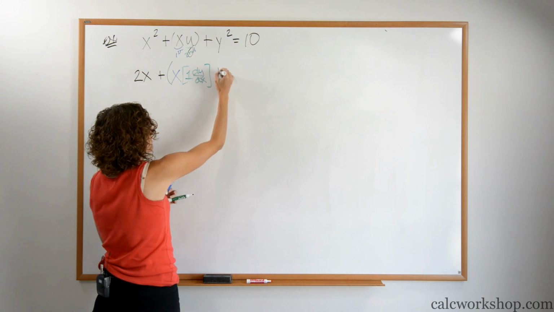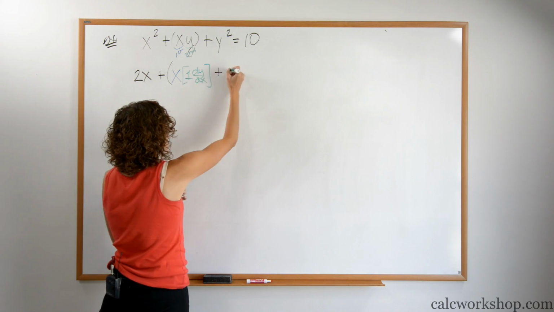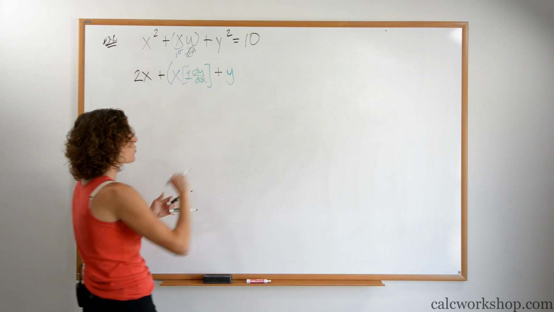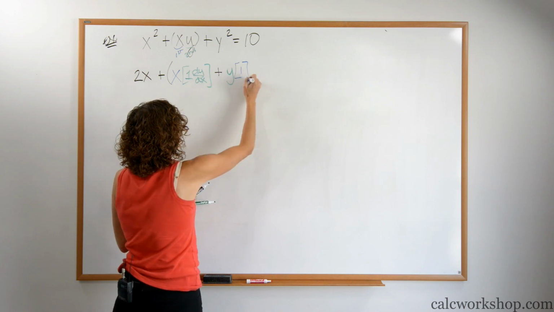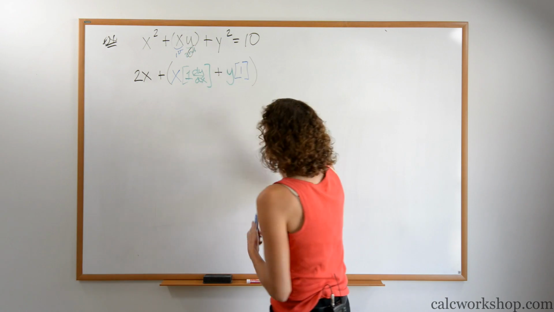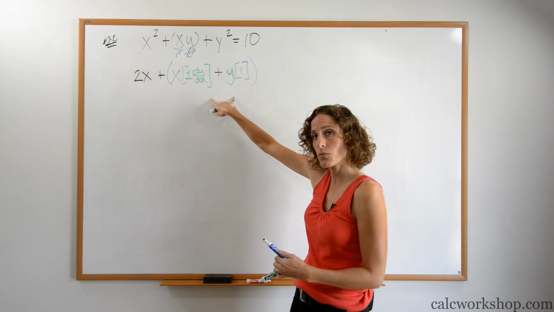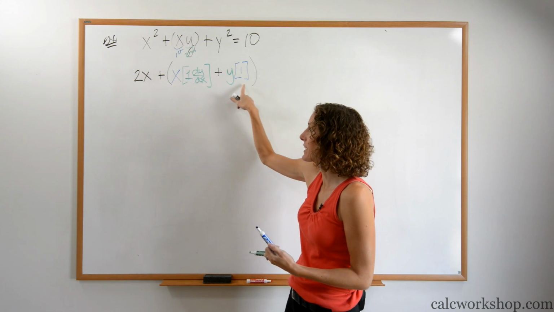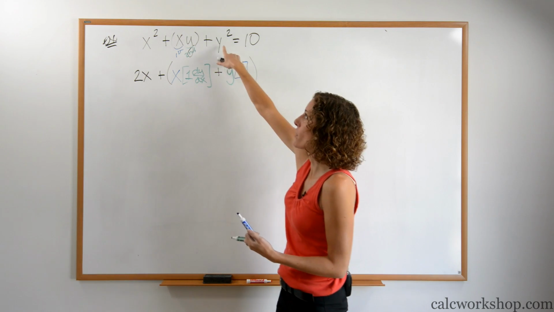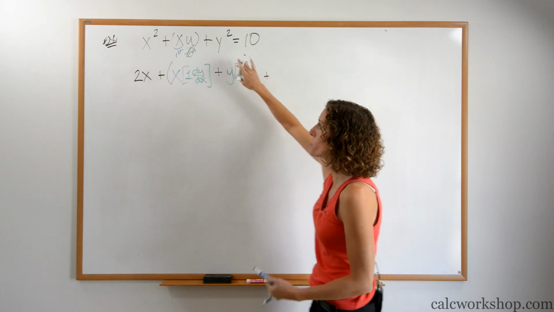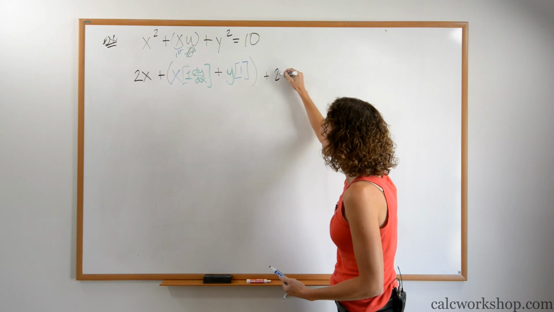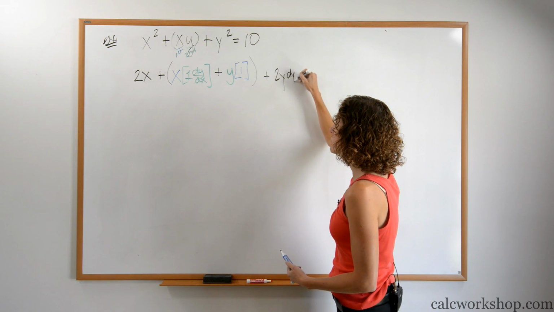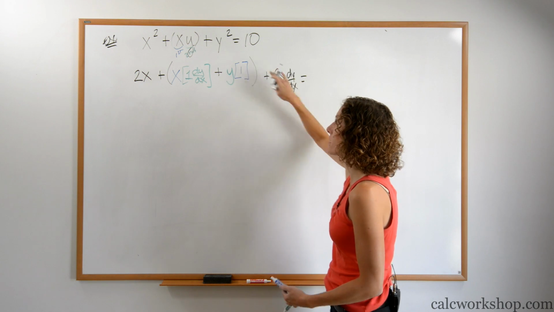Plus the second, y, times the derivative of the first, the derivative of x, is 1. So what we've just done is we've taken the derivative of x and y as a product and left them like that. First times the derivative of the second, plus the second times the derivative of the first. Now let's go to the y squared term. Well, the derivative of y squared is 2y, just bringing the exponent down and decreasing it by 1. But we're going to not forget to multiply by dy/dx.